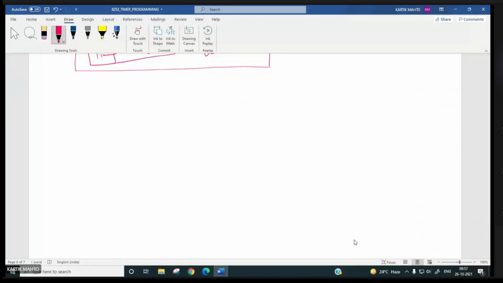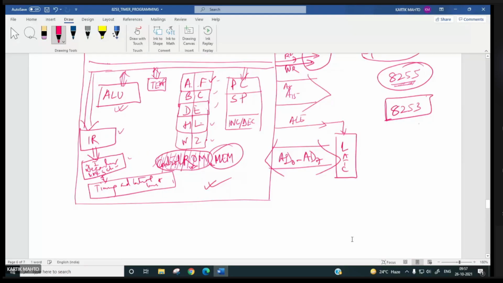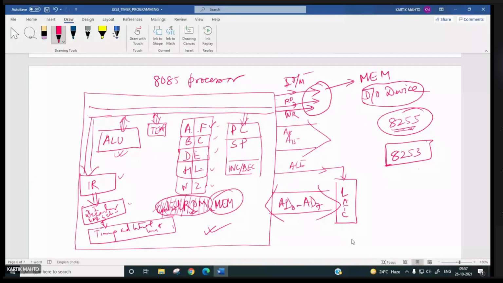So suppose we have this CPU. CPU means all these things: program counter, stack pointer, incrementer, decrementer, some general purpose registers, instruction register, arithmetic logic unit, this instruction decoder and machine cycle encoder. All including this control room is, suppose, our CPU, central processing unit.